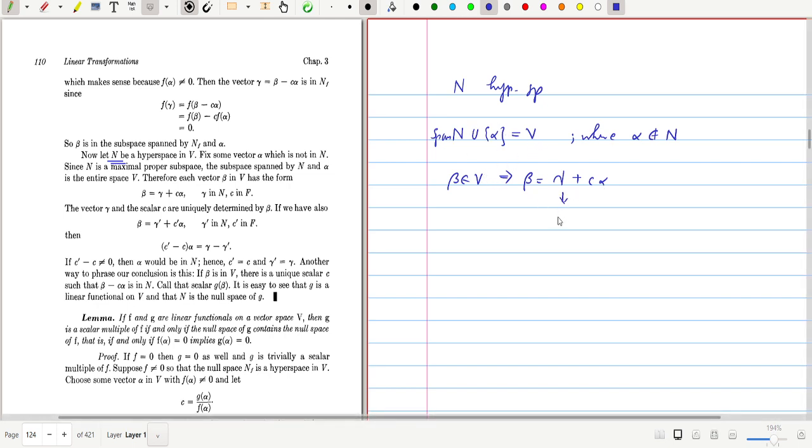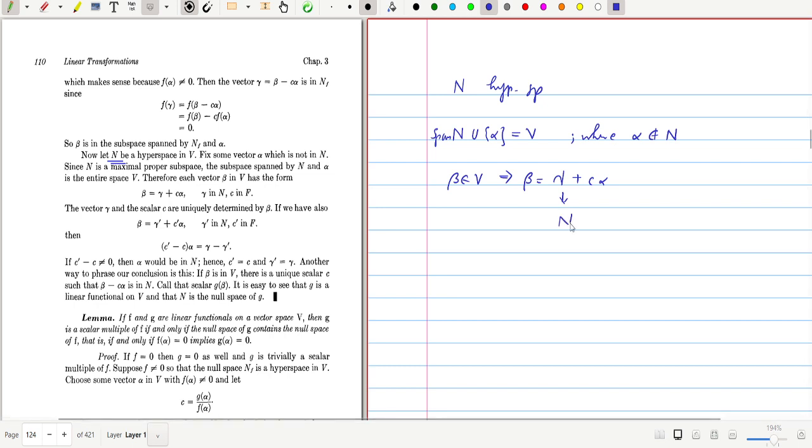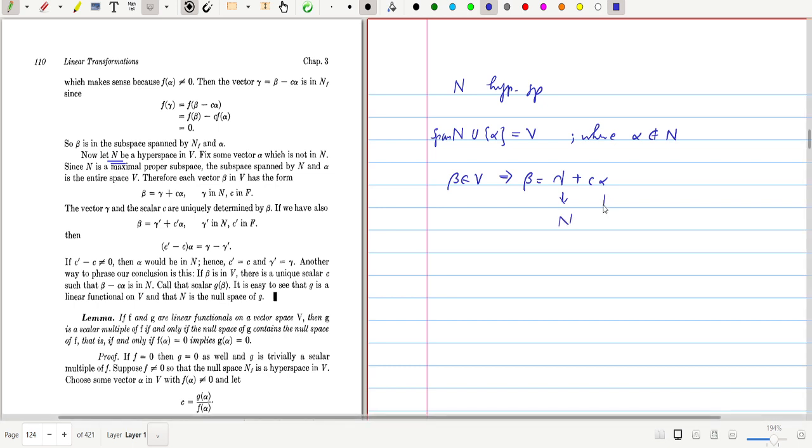Then gamma is an element of this N, and this alpha belongs to the singleton set alpha. Now every element beta can be written in this manner, and we'll show that this C is unique, because